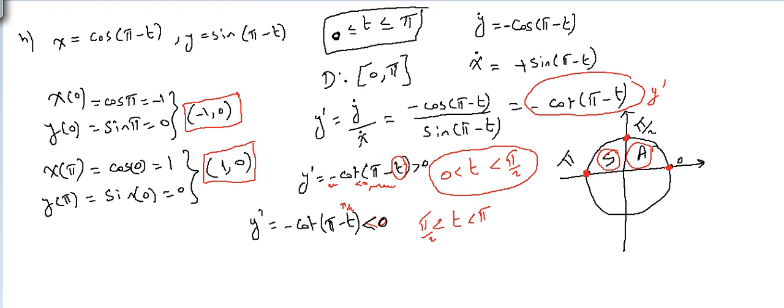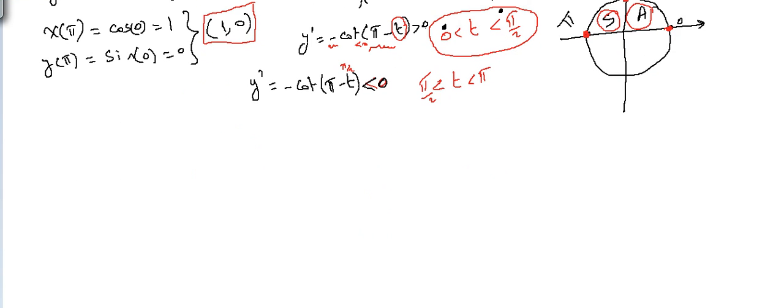Then we do what? Let's see what's happening at 0 and at pi over 2, at t equals 0 and at t equal pi over 2. What's happening for the derivative? If y prime, if t equals 0 or t equal pi over 2, that makes the minus cotangent pi minus t. If t is 0, it will be cotangent pi, and cotangent pi is 0. And if it is pi by 2, it will be cotangent,